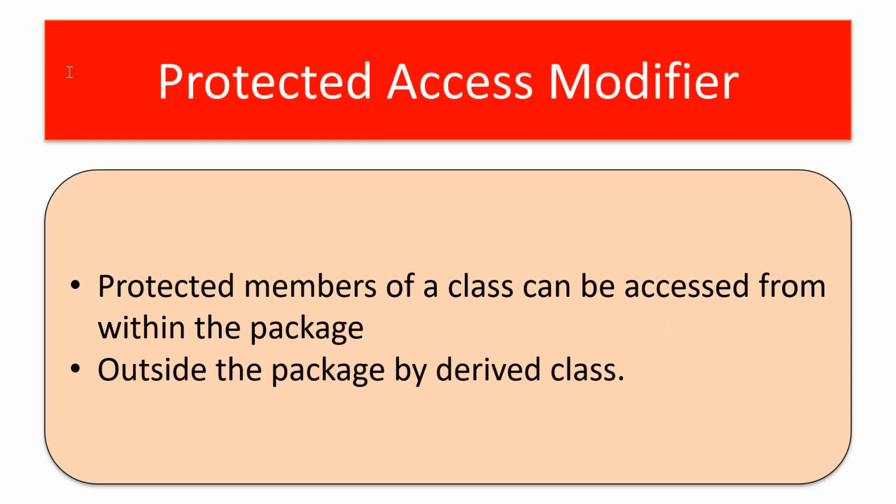And the third category of access specifier is the protected access specifier. So what do you mean by protected access specifier? Whenever a variable or a method is marked as protected, it can be accessed from within the package. For example, a variable in a class A can be accessed by class B, provided both classes are present in the same package. When class D is present in a separate package, it cannot be directly accessed, but it can be accessed by inheriting the class. I will show you an example in the code here.